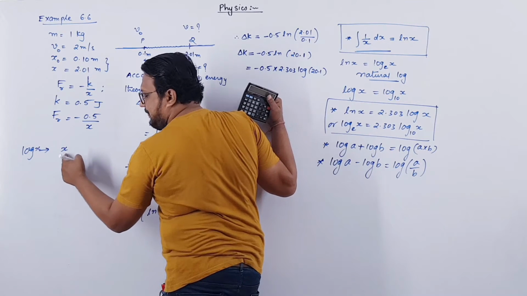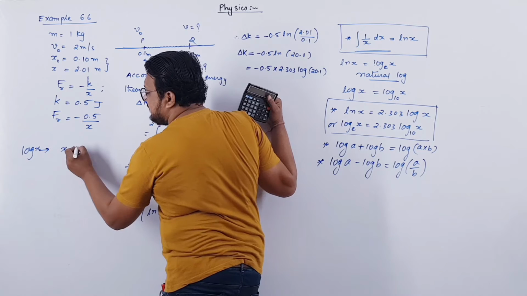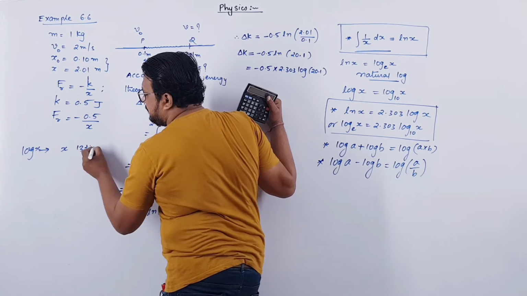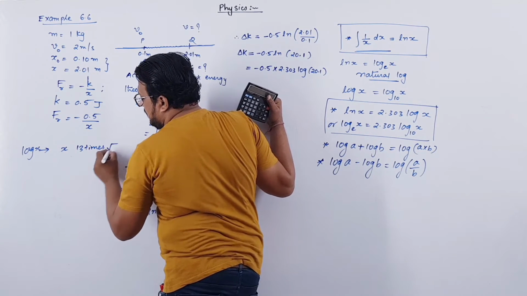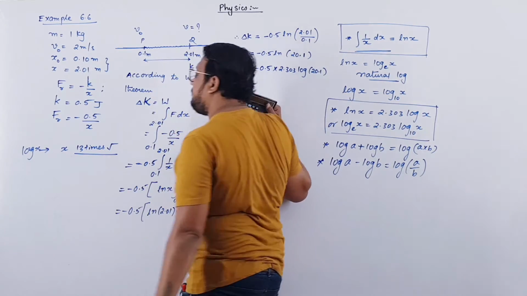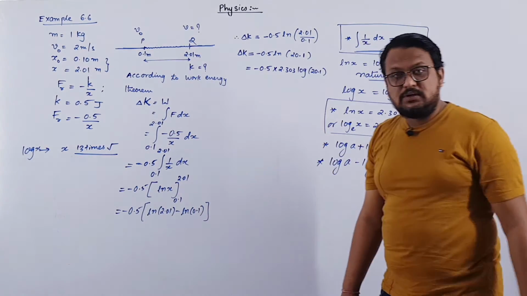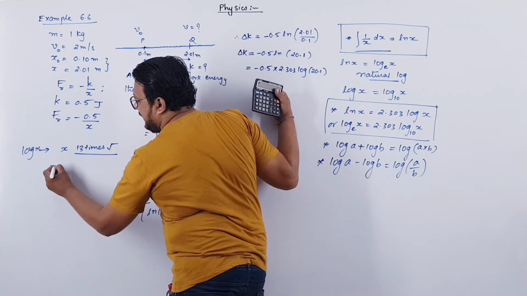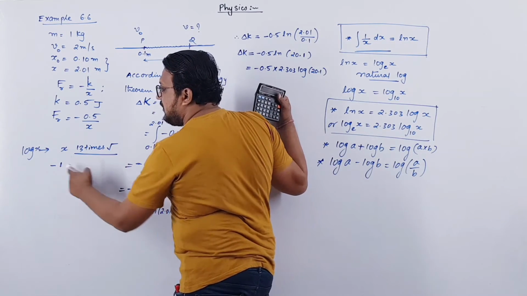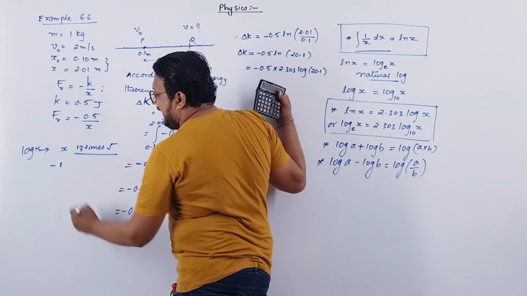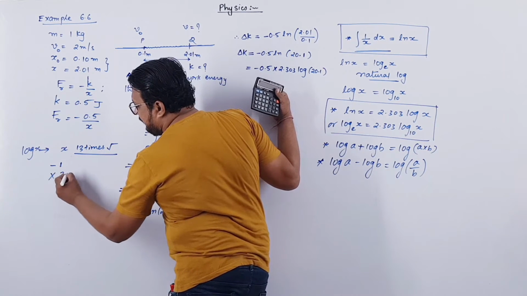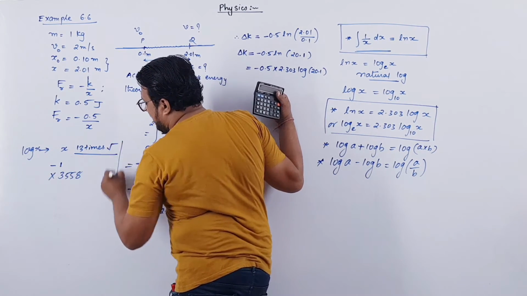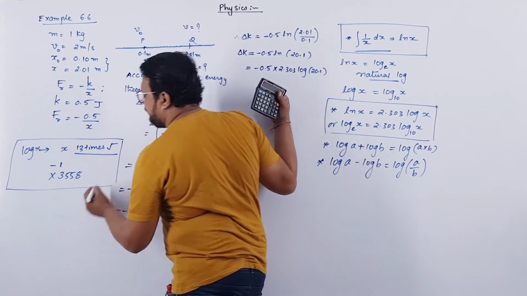So you have to type x in the calculator, then press root 13 times. After writing that number, you have to press root 13 times, right? Whatever may be your answer, the next step is minus 1. From that answer subtract 1, and then multiply by 3558. For any value, this is how you can find log.